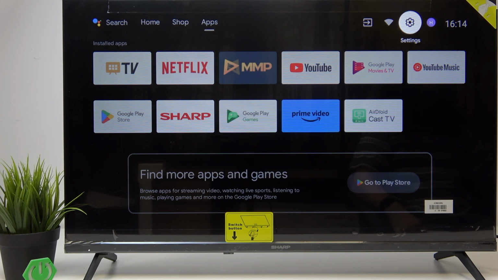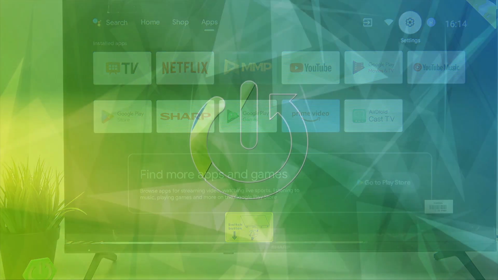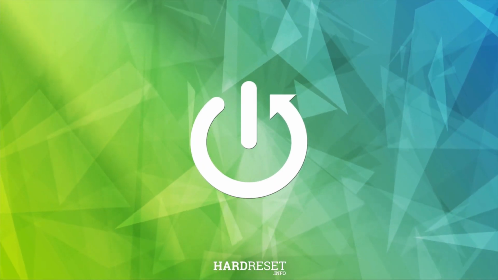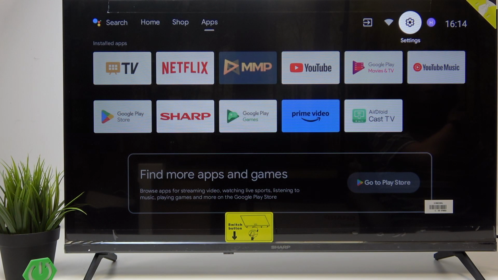Hello, in this video I'm gonna show you how to set up parental controls on Sharp Android TV. Parental controls on this TV are only applicable to live TV, so you can lock some channels or some channel ratings. You can't, unfortunately, lock any apps, but at least you can lock the